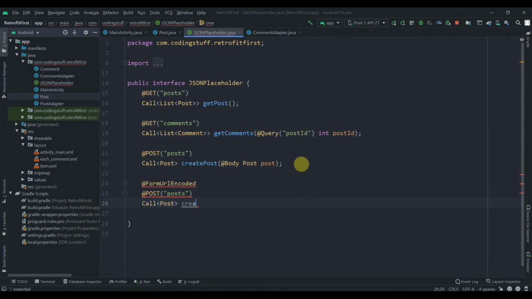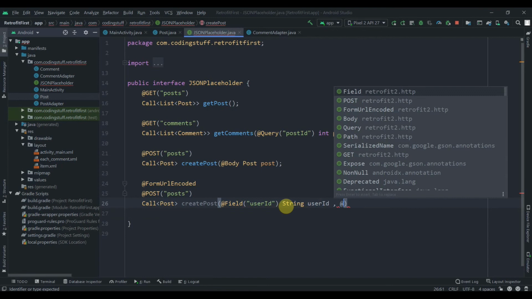Let's name it create post, and here we need to pass add field user ID. You should name it properly. This should be the same as it is in the JSON file or the API. So user ID, string user ID, and then annotation field title, string title.